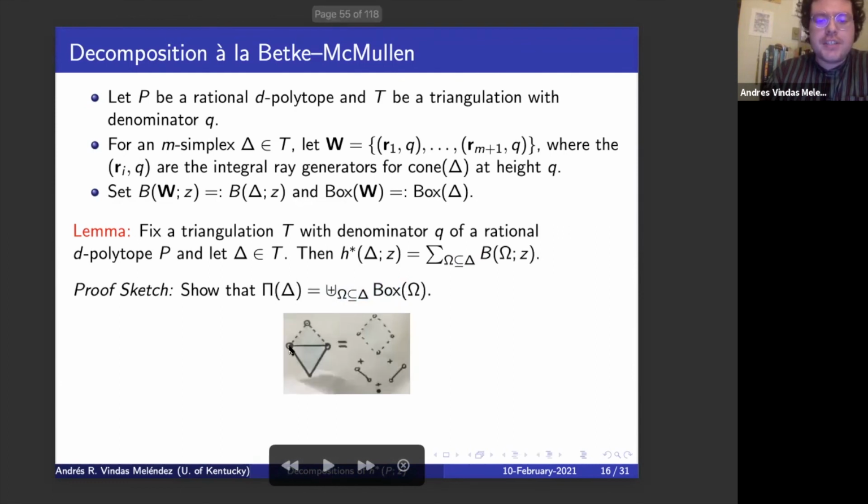Here, let's just take the simplex to be this line segment. Here is our fundamental parallelepiped. And so we're going to take all half open